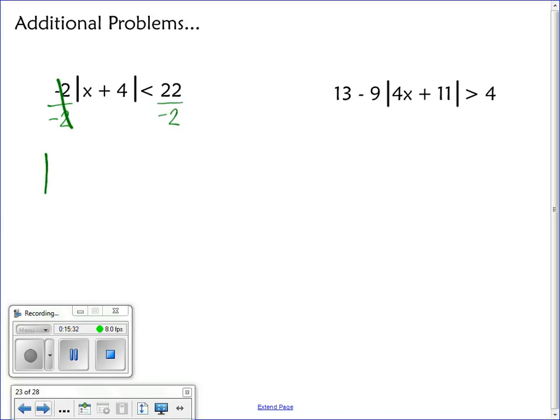So I have the absolute value of x plus 4. Any Algebra 1 sirens going off right now? It's not no solution since it's not an equal sign. If that was an equal sign, you'd be right. That would be a no solution because it's negative. However,